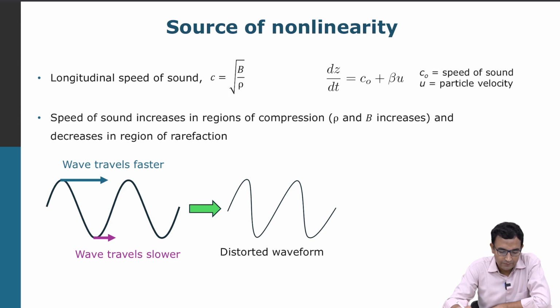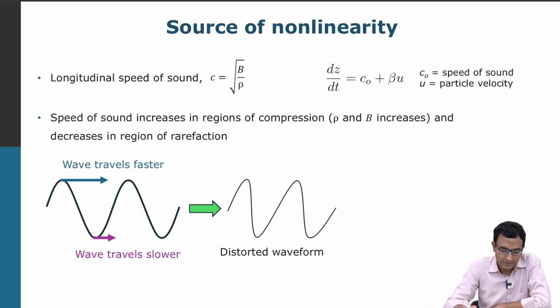But it turns out, if you have this medium that is changing, then both the bulk modulus and density will become variable. They won't stay constant. So here is an approximation of the speed of sound for such a medium. The speed of sound doesn't remain constant, but it becomes a function of the particle velocity. So the velocity with which the particles in the medium are actually oscillating, that affects the overall speed of sound